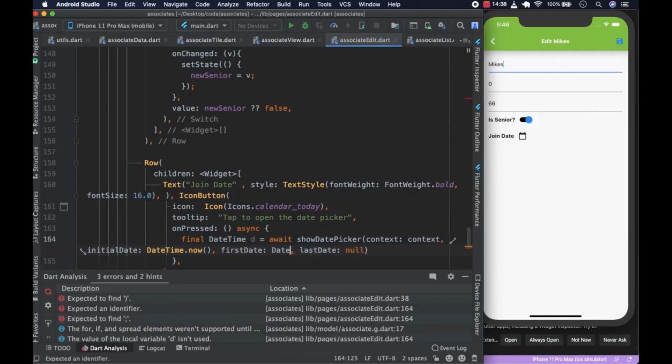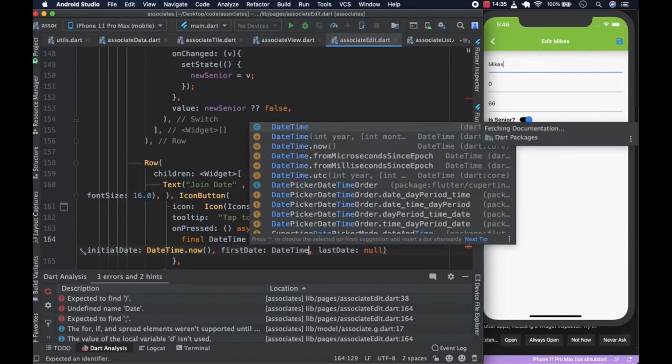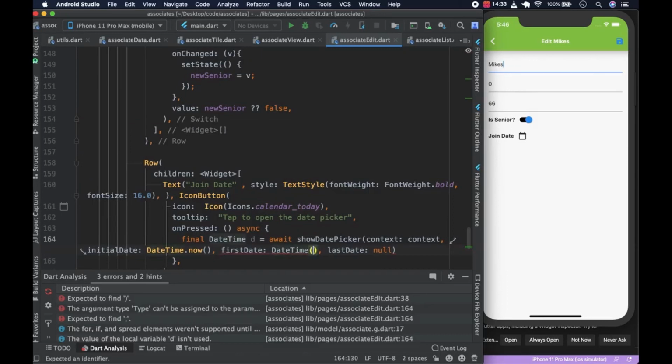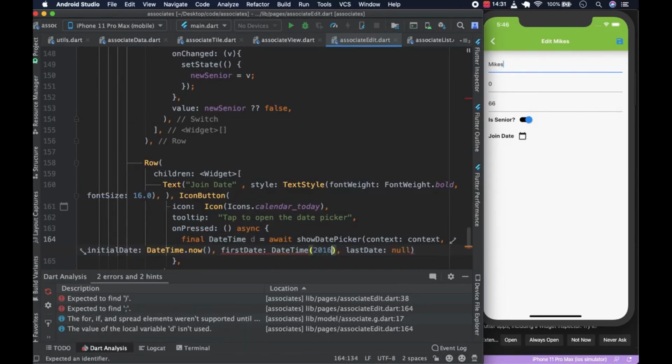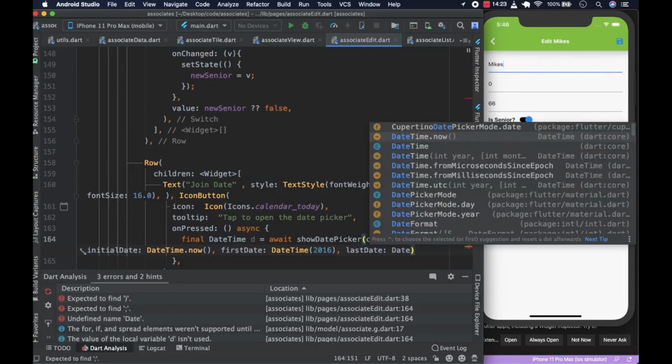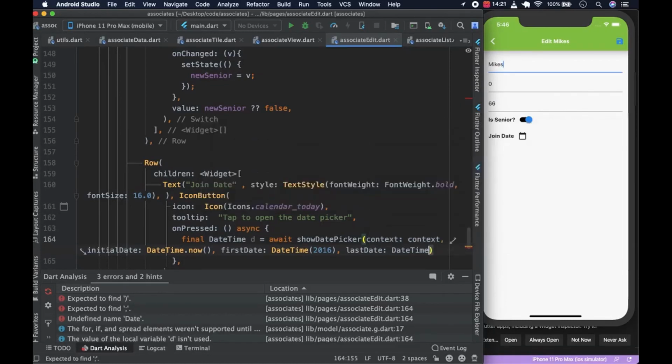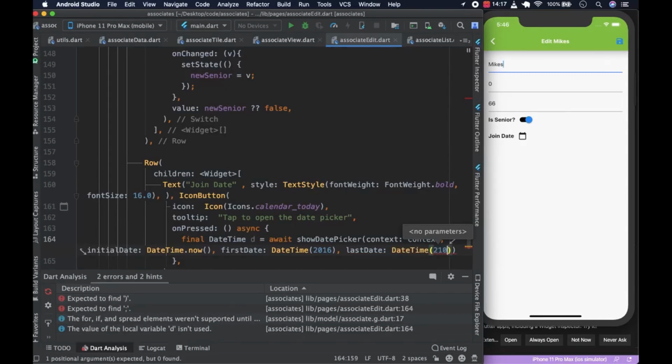The first date, now this is free. You could put date time, let's go back to date time 2016. We could say that the last date is going to be the next century, so we're going to say date time, pass in 2100 like this,